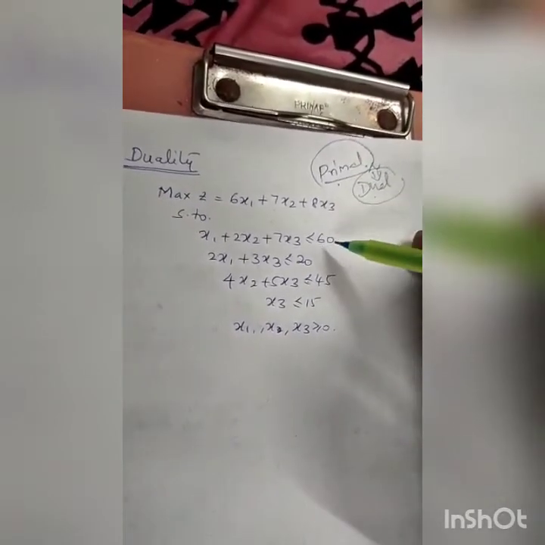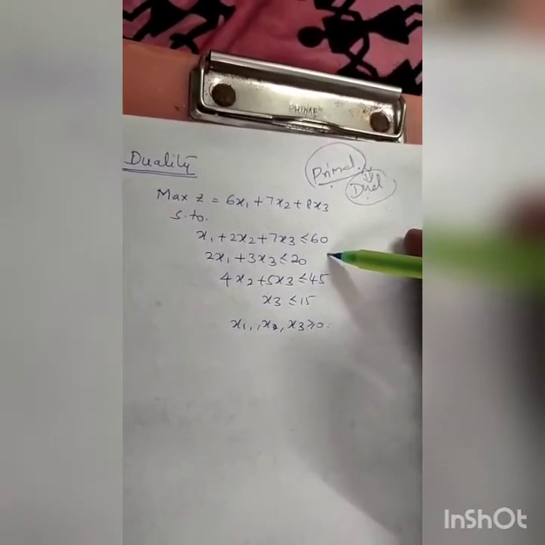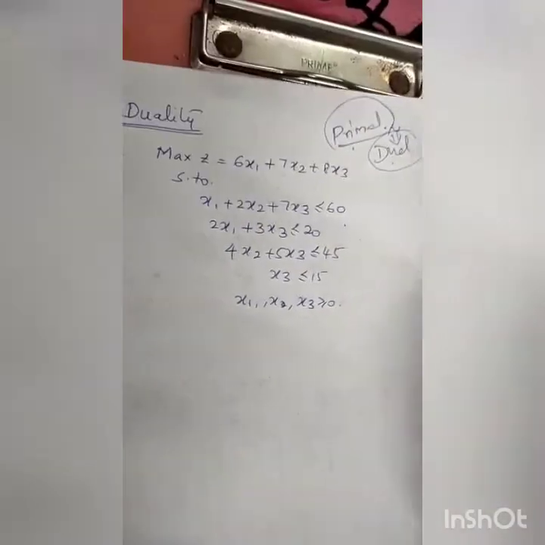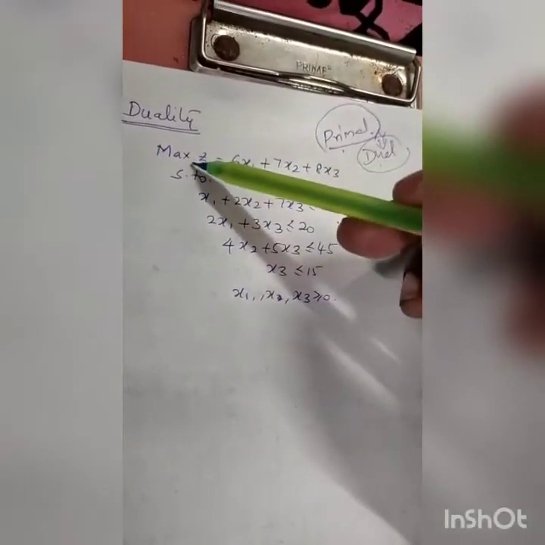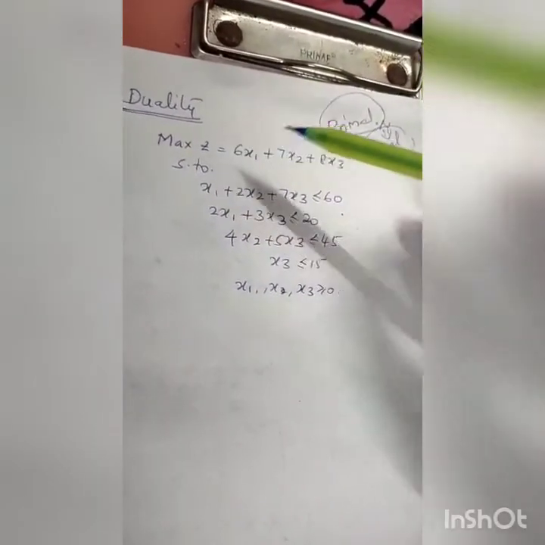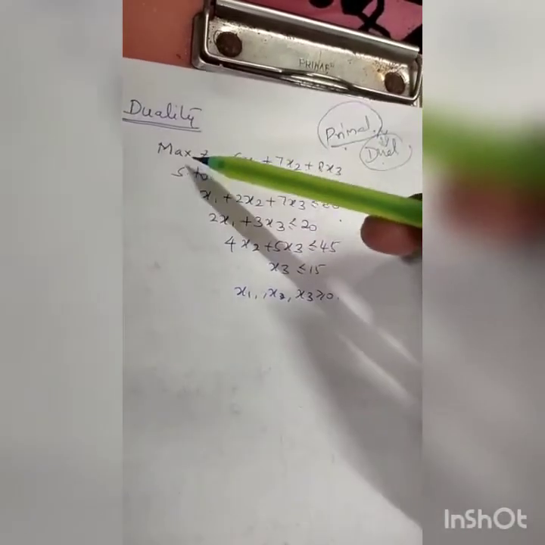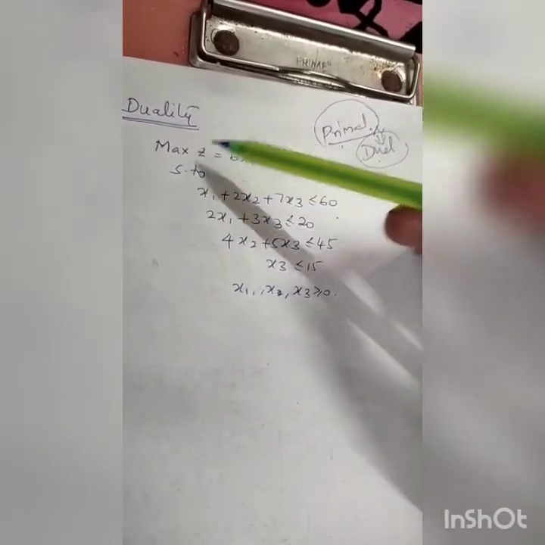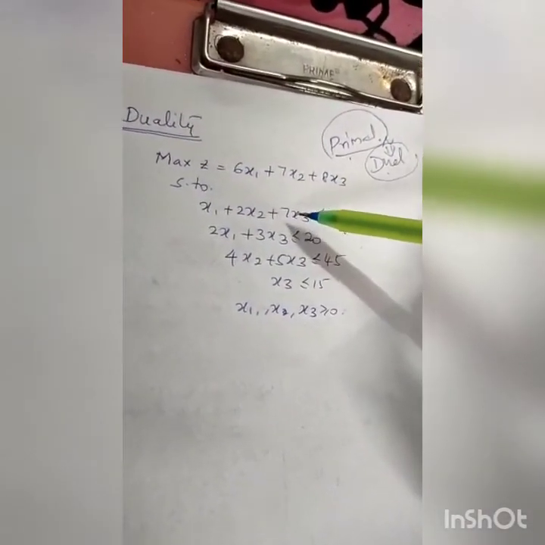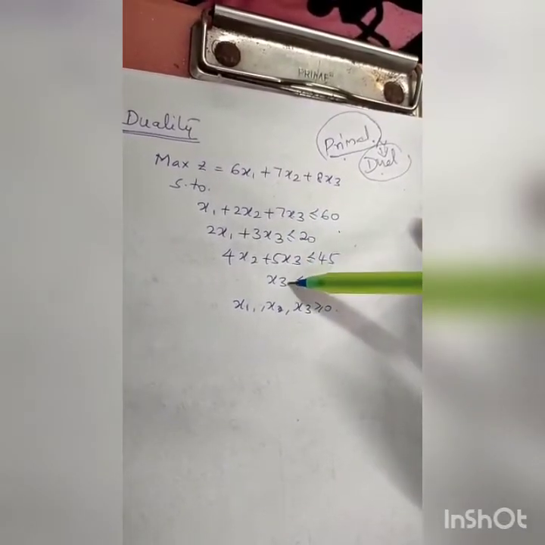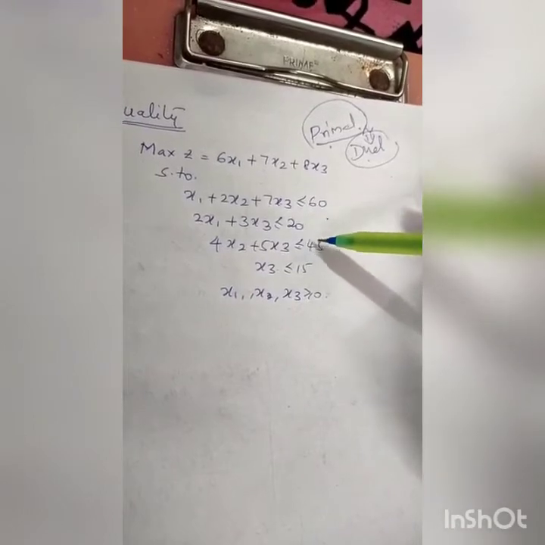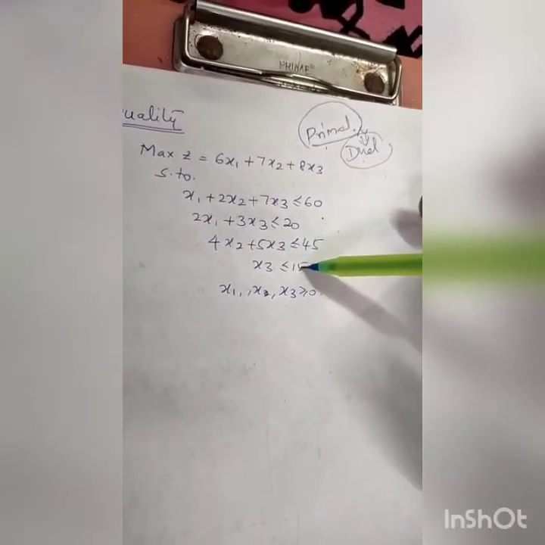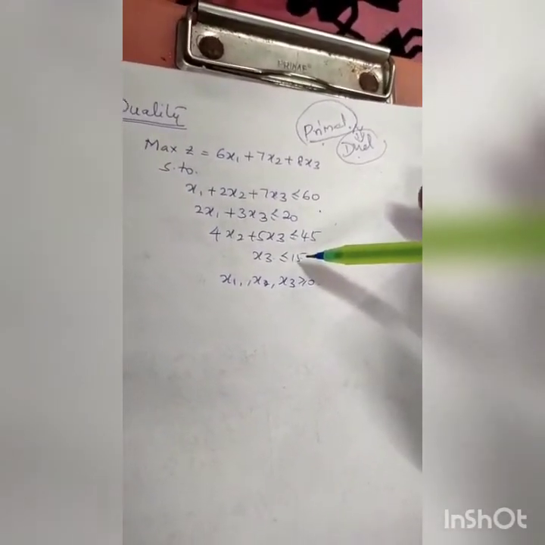It's like a mirror image problem. So this is a primal problem. We are going to now find the dual. To consider a dual, first thing is this is a maximization problem, so your dual problem is going to be a minimization problem. That is the first point. Second point, you have 1, 2, 3, 4 constraints. That means you have y1, y2, y3 and y4 variables, decision variables in dual.